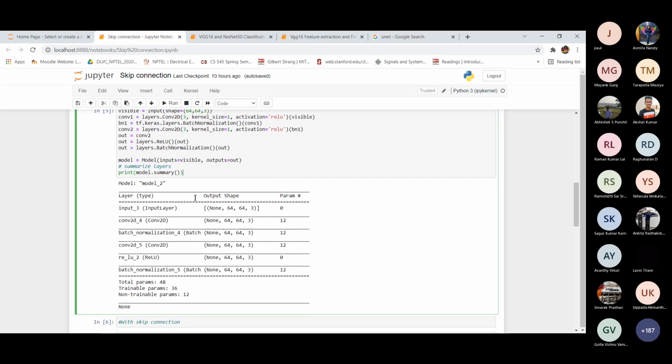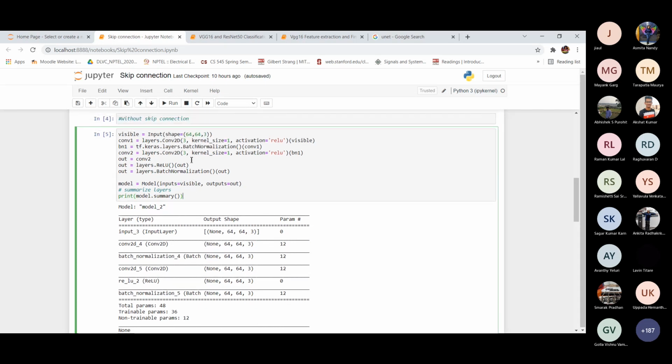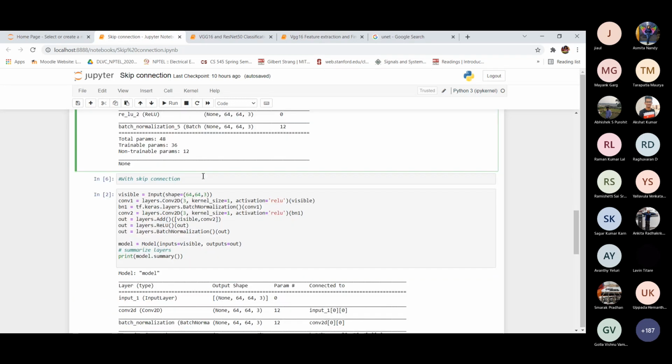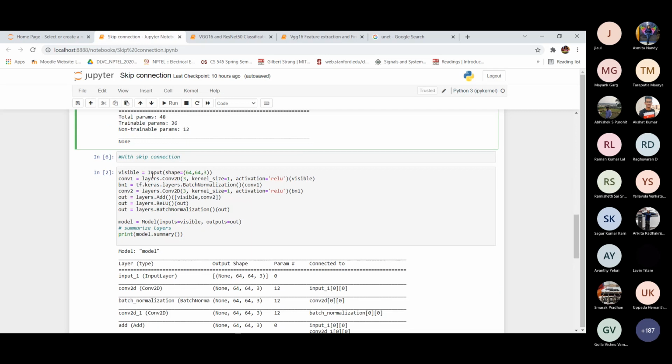After that, if we have to do a skip connection, this input we have to add here also. We can do this in the skip connection. In the next part we will create our model like this. We have the same input size and the same layers, and here we include one more layer, layers.add with the input and conv2.